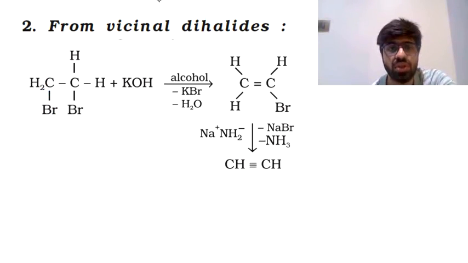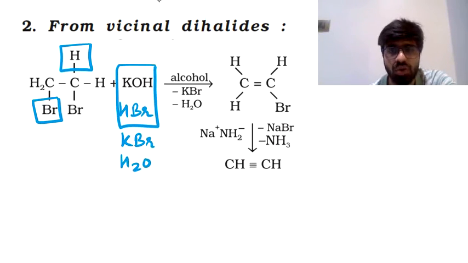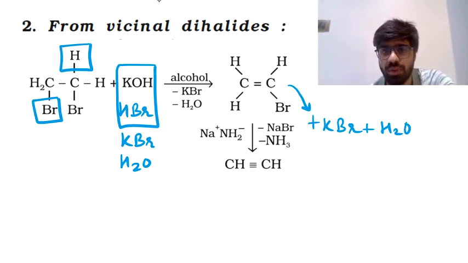Now what you're doing is you're making this vicinal dihalide react with alcoholic KOH, and the reaction with alcoholic KOH was very clear that it causes dehydrohalogenation. So bromine from here is going to come out with hydrogen from here, and that is how HBr comes out. But that HBr will react with KOH forming KBr and H2O. So there should be a plus KBr and plus H2O right here. But instead of writing it along with the products, they have written it on the arrow itself over here.